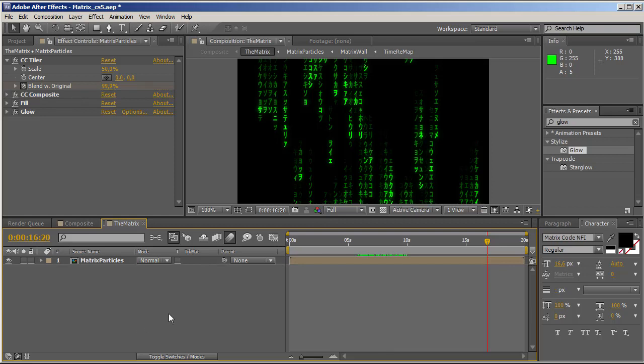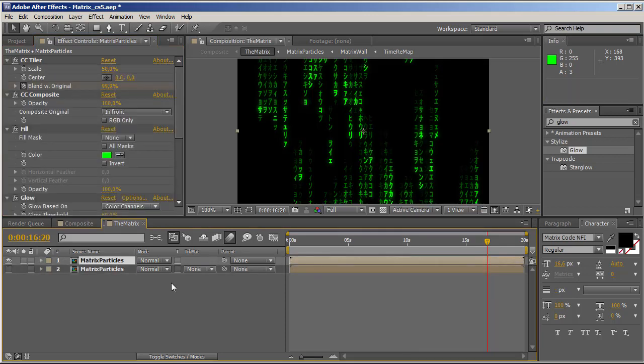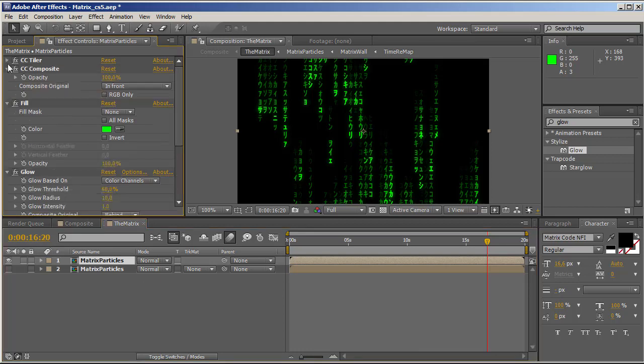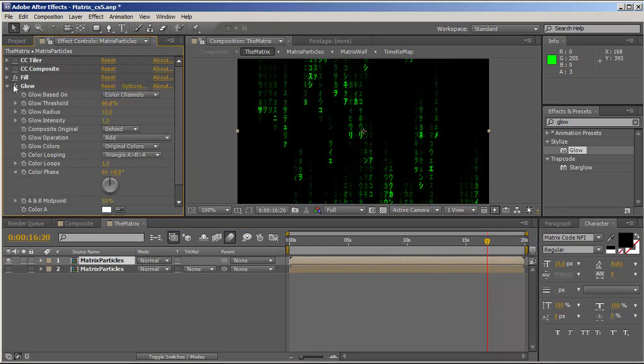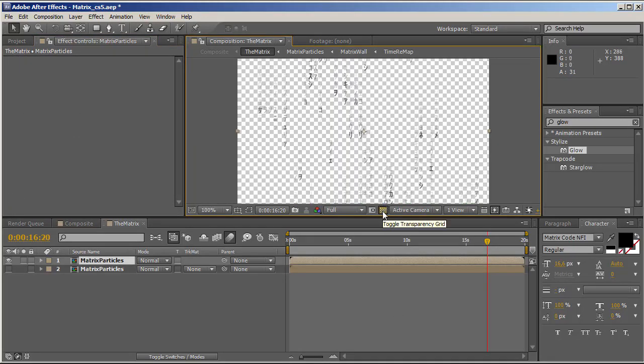So that's one. And the second thing is to create these leading white chars. So how do we do that? The easiest way would be to duplicate this. I'm going to turn this one off for now and get rid of those effects in here, actually all of the effects, I don't need them. We can turn the transparency grid back on, and what I want to do is to play with the alpha channel, so I can sort of trim out everything that is semi-transparent and leave only the letters that are fully